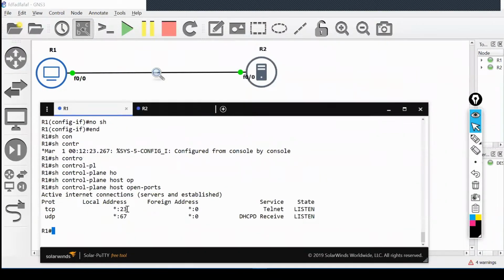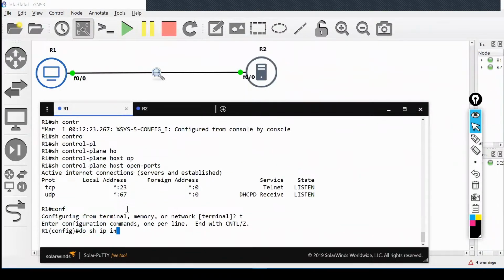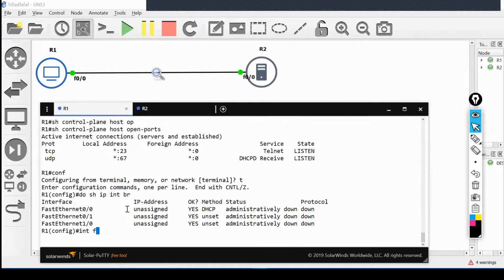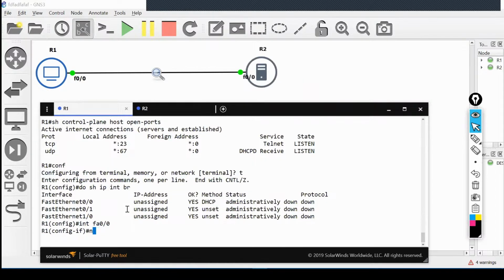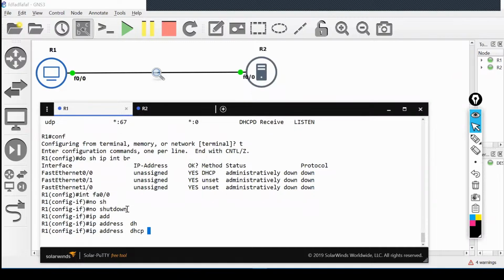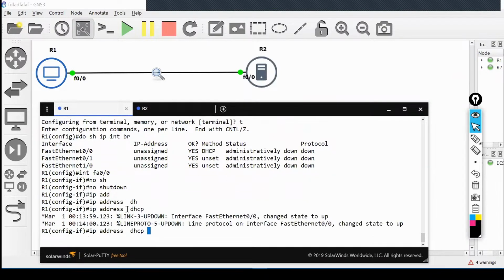Now let's go on router number 1 and say show ip interface brief. I don't have an IP address. Interface 0/0, no ip address, no shutdown, and ip address dhcp. And have a look.